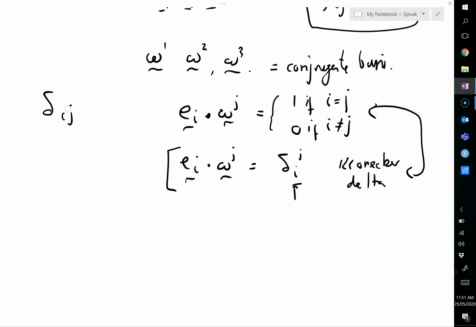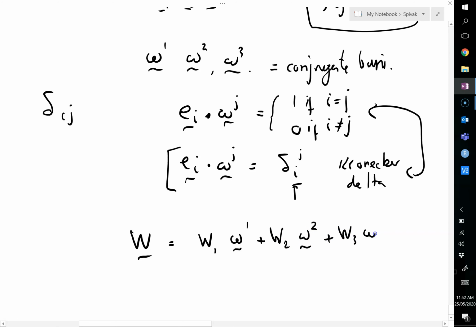Okay, so what am I going to do? Let's have a look at vector w, which I'm going to write like this. It's going to be w1 omega 1 plus w2 omega 2 plus w3 omega 3. It's easy to get this wrong. And from my notation here, we can see that the w's, the w1, w2 and w3, they're just real numbers, and we're putting together a vector by taking its components in these